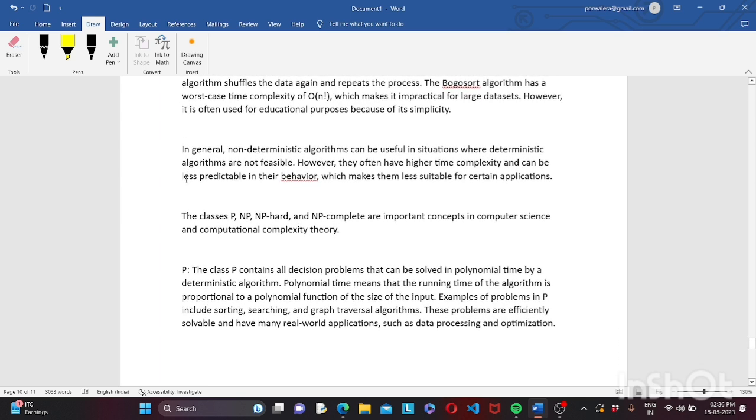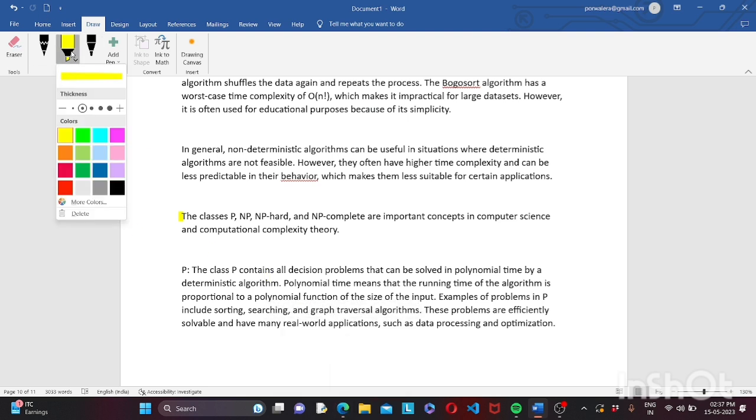In general, the non-deterministic algorithms can be useful in situations where deterministic algorithms are not feasible. However, they often have larger time complexity and they can be less predictable in their behavior, which makes them less suitable for certain applications. The part B of question 8, which is, we have to explain about